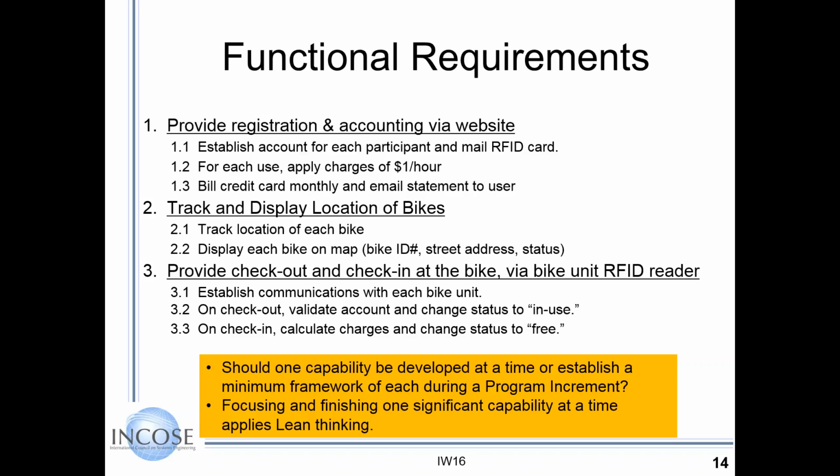So you finish one significant capability at a time. I think that's quickly demonstrated. Our 2-week sprints, let's just find that you need to do 4 or 5 of them, something demonstrable.